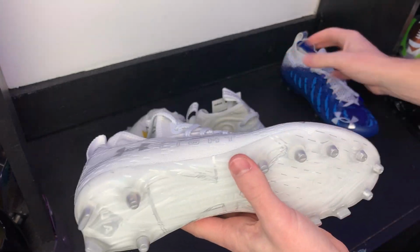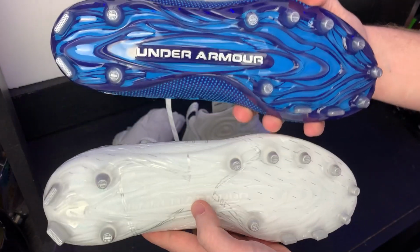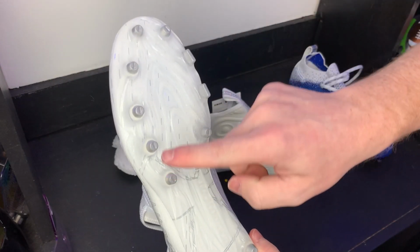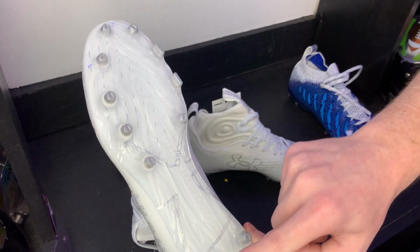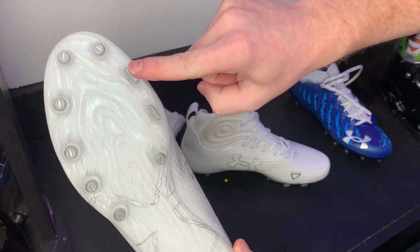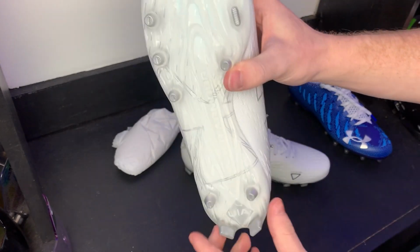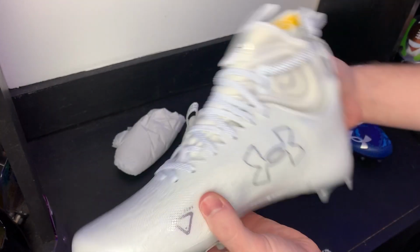So this is the exact same traction plate that Under Armour's been using for years. This is a better representation of it. This one's clear, so it's got 1, 2, 3, 4, 5, 6, 7, 8, 9 circle studs, and then 2 blades here on the inner part of your foot, and then 2 in the rear as well. So these 2 blades here and these 2 blades here are going to help you kind of cut, change direction